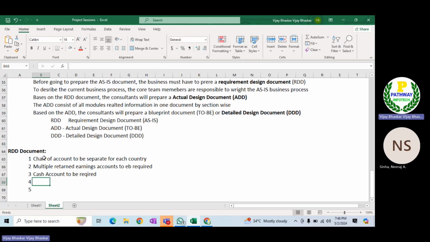The next one would be, let's say, the country's group chart of accounts to be required. Then the next one, let's say, the next one is a